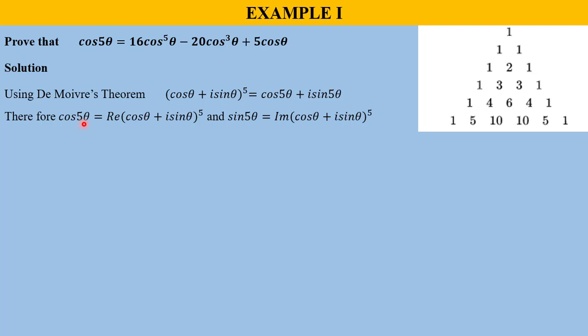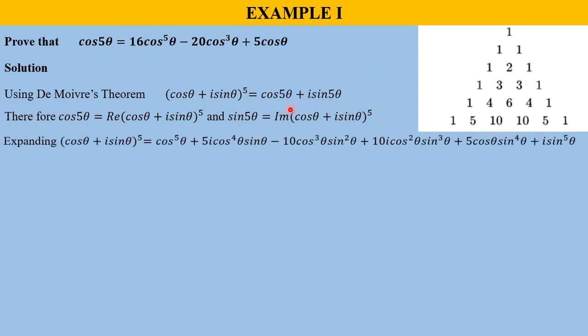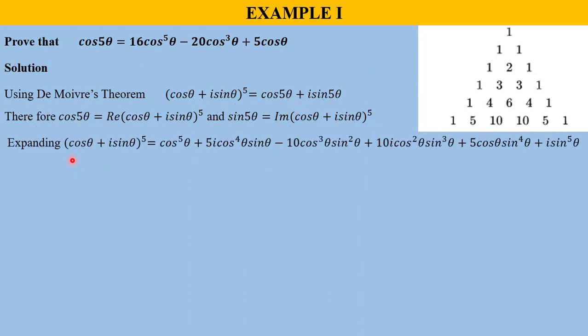cos 5 theta is equal to the real part of (cos theta plus i sin theta) power 5, and the imaginary part of (cos theta plus i sin theta) power 5 is equal to sin 5 theta. So here we identify the real part and the imaginary part, and we equate the real parts together and the imaginary parts together. Then the next is expanding, which is